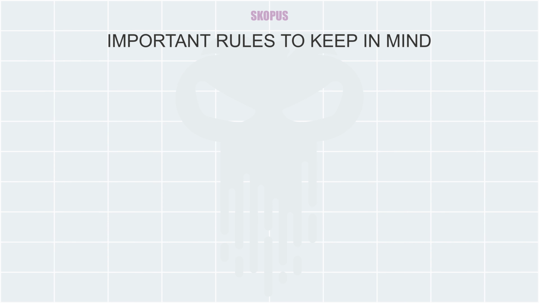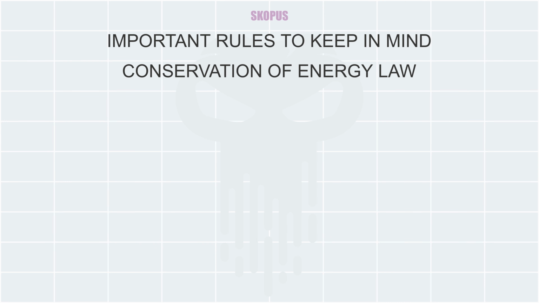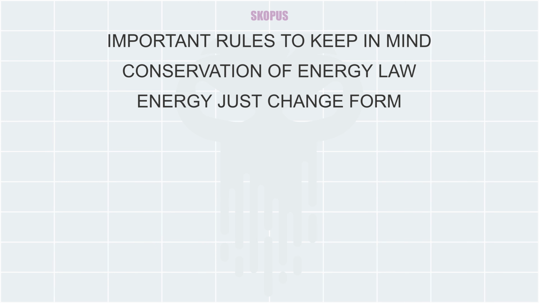Now that we know how electricity works, we have three important rules that if we keep them in mind, we are going to be a better engineer and make better designs. First rule is the conservation of energy. What is it saying? It says that energy can't be destroyed or created, it can just change form from one to another. For example, with resistors, electrical energy got converted to heat. It didn't disappear, just changed its form.